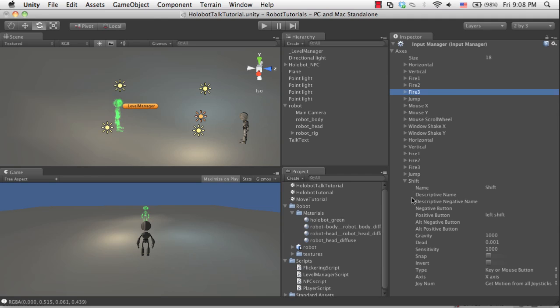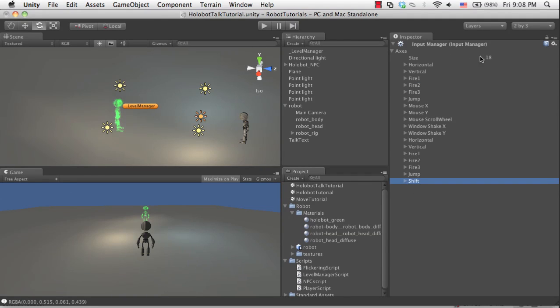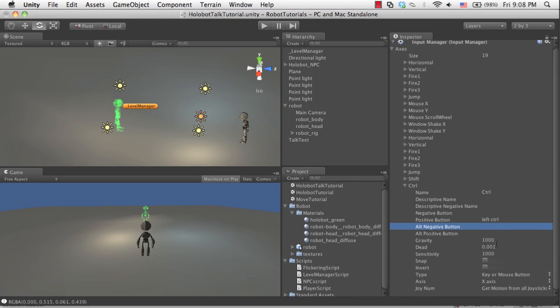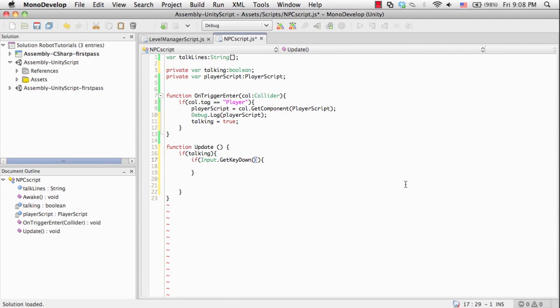Well, in that case, let's set one up by increasing this size to 19. Let's call this CTRL and make the positive button left CTRL. Gravity 1000, sensitivity 1000, that seems to be alright. So now if it gets the input button of control,